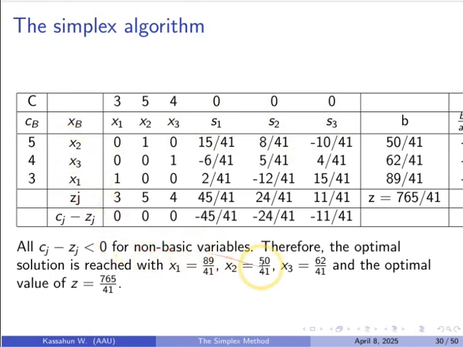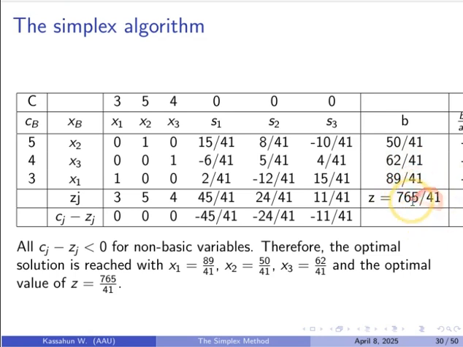Therefore, the optimal solution is reached by putting the non-basic variables 0 and here x2 is this number, x1 is this number, and x3 is here, x2 is 50 over 41, here x3 is 64 over 41, here x1 is this, and this is the objective value.